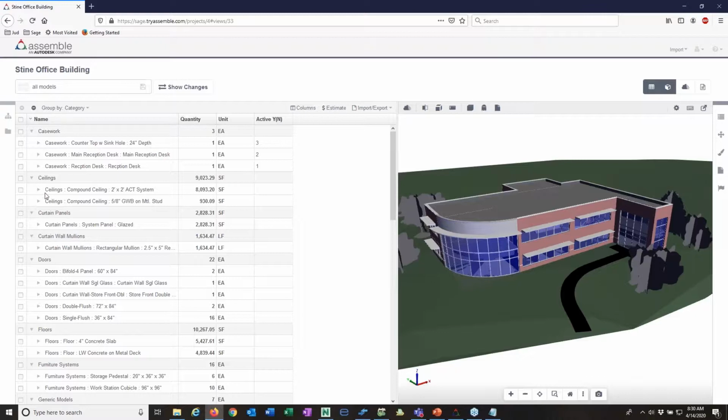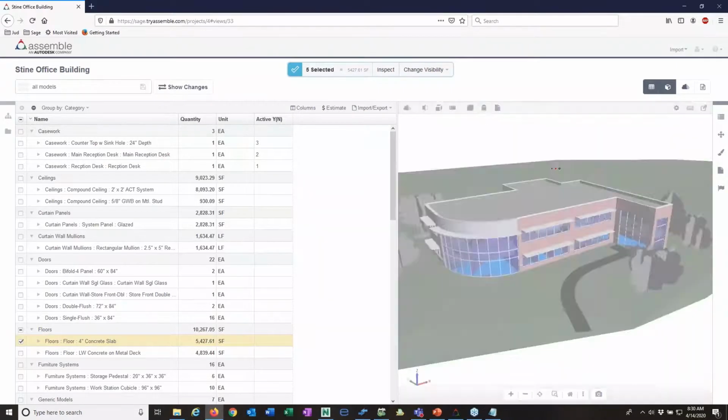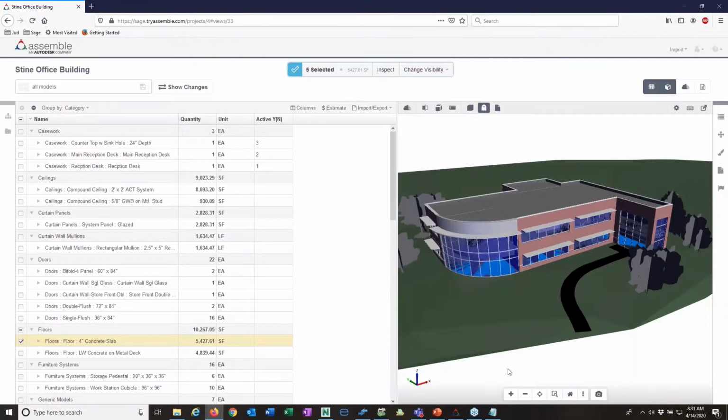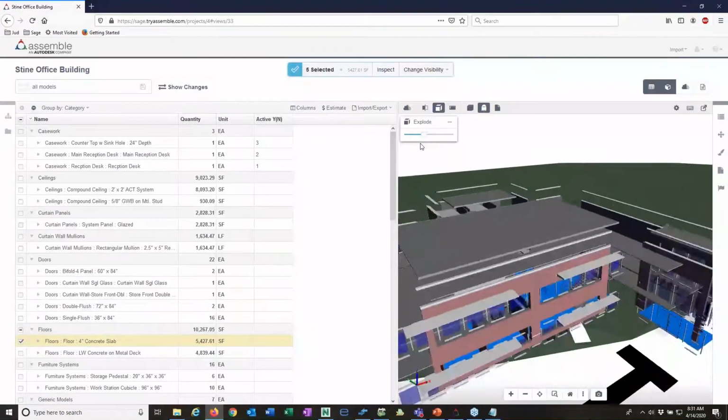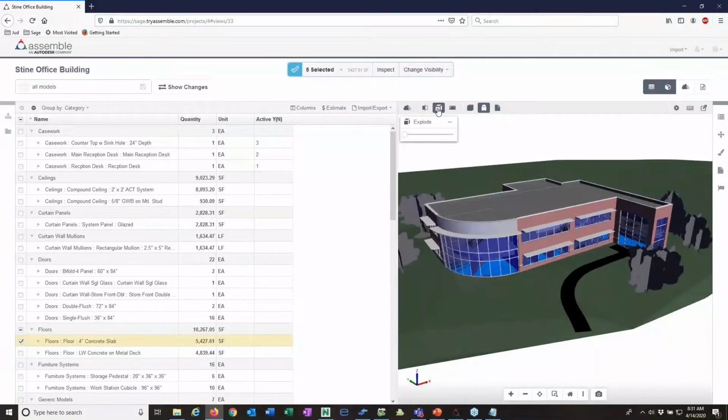Let's see if we can do that one here. Floors, let's do this, and then ghost it. And so then it kind of highlights the, well, it does. Anyway, ghost is kind of fun. Explode explodes the model up and breaks it apart like that, so you can see the different models exploded. And so there's different things you can do there, but the main thing about Assemble Systems